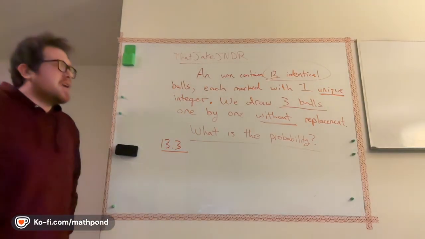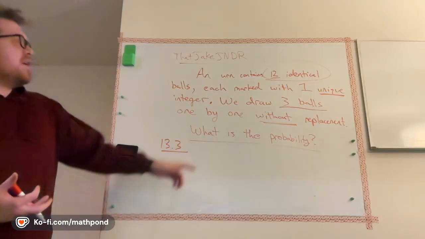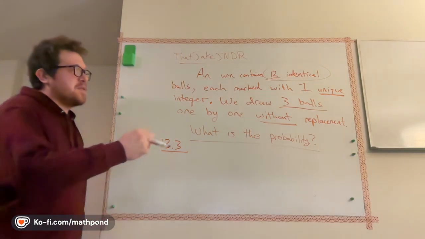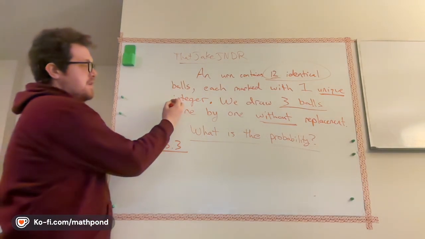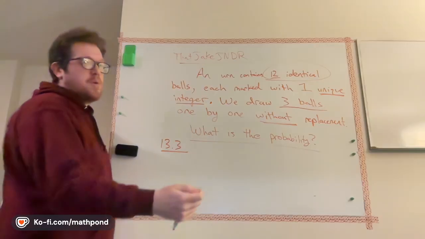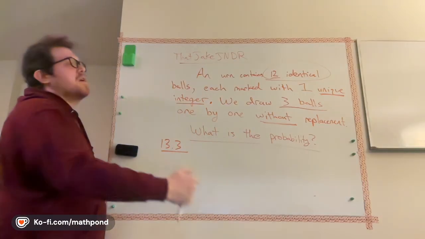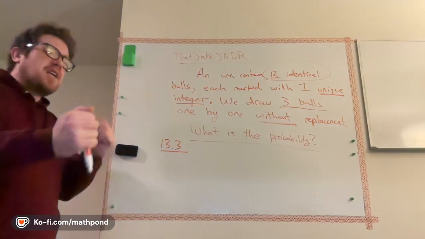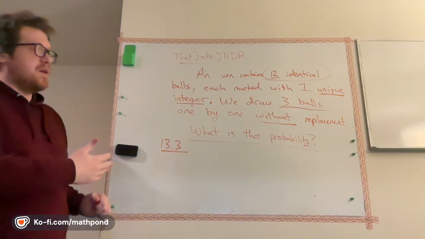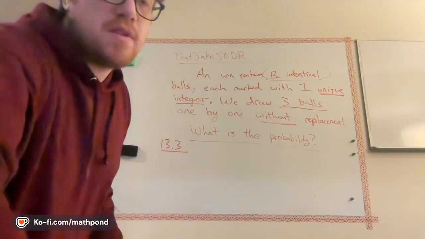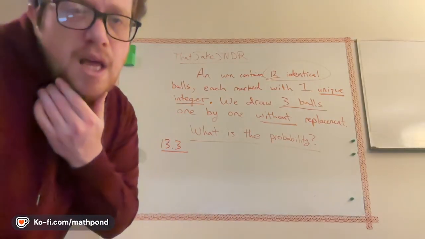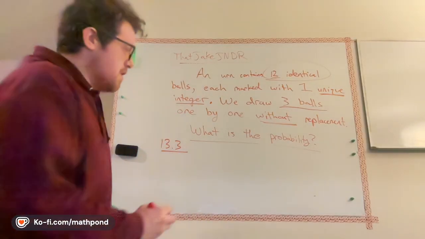So yeah, if anyone's just tuning in, we're trying to calculate these probabilities. We have some magical urn. It has 12 identical balls, but they all have a different integer written on them. And then we draw 3 of the balls without replacement. So we pick one ball, we don't put it back. We pick another ball, and then we pick a third ball. And then we were trying to calculate probabilities based on what the ordering of them was for the last problem, and we had a previous problem as well. So 13.3 says we want the third drawn number